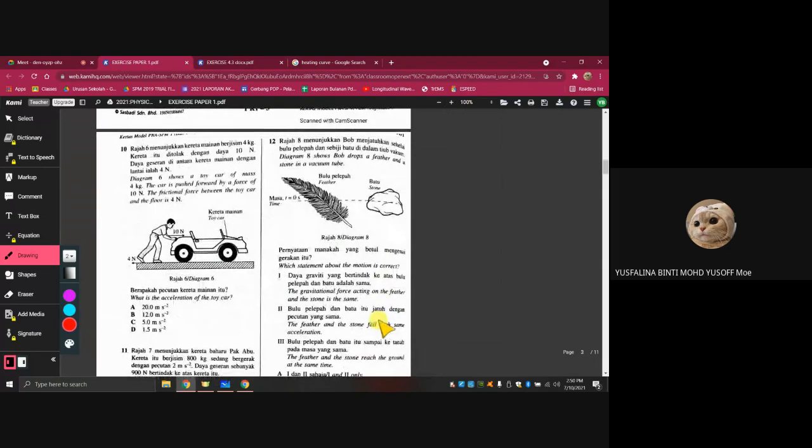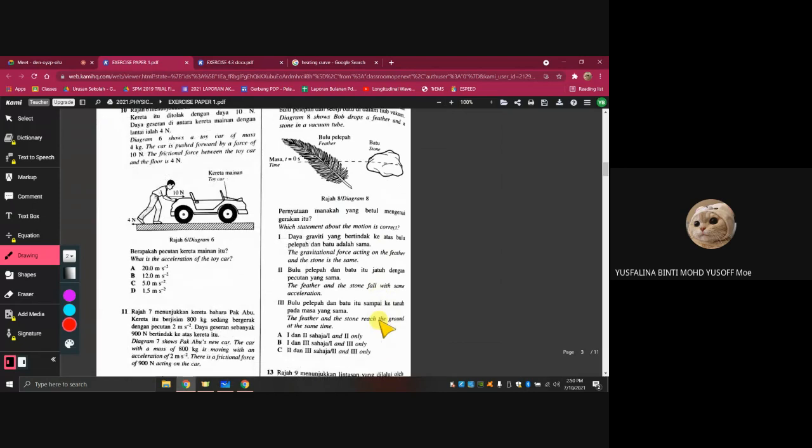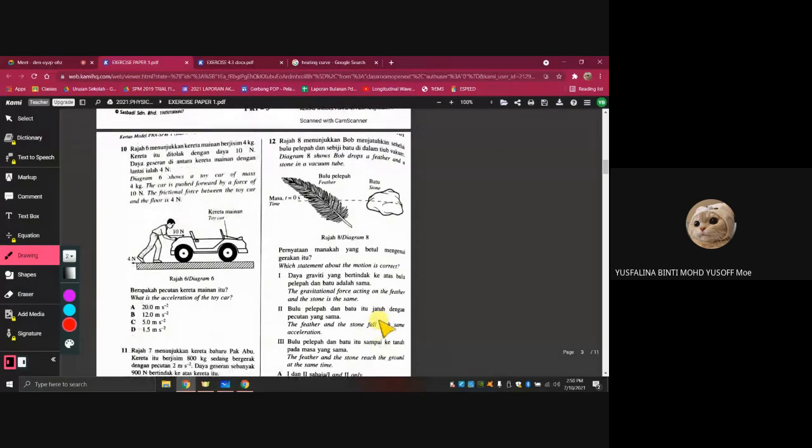Okay, for number 10. For this one, it says here, F is equal to ma, right? So 10 minus 4. In order for an object to move, it has to overcome the frictional force first. So let's say if you push a box, let's say you give a box a force 200 Newton, okay? But,